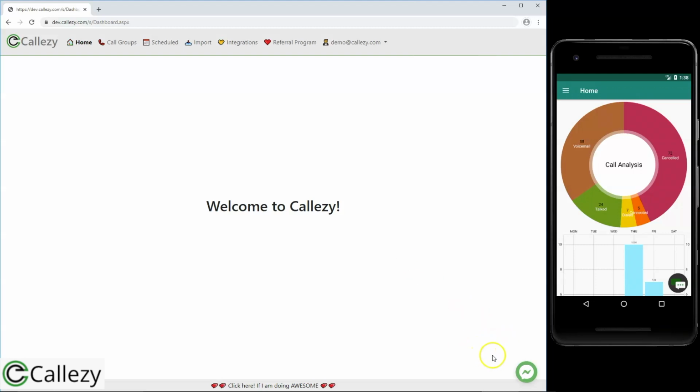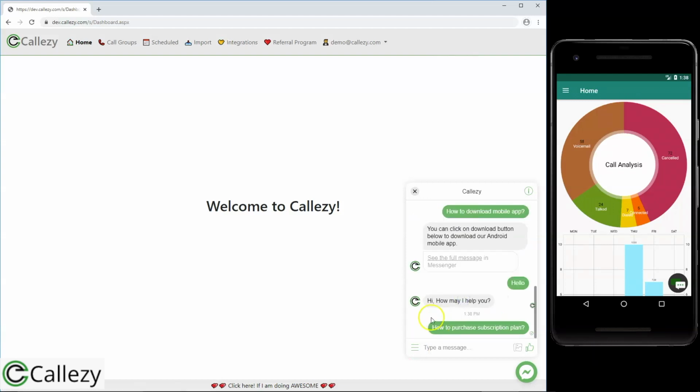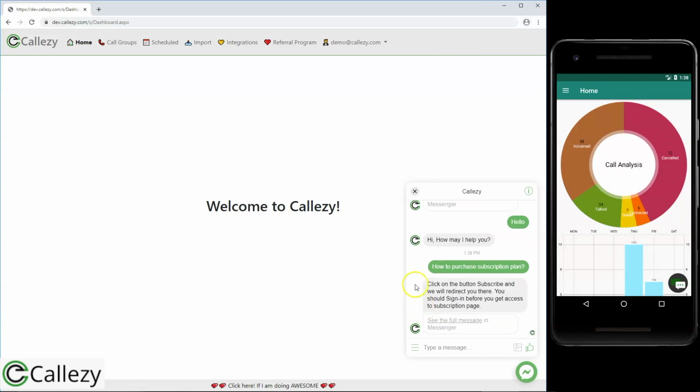To access customer support, you can just click on the green icon at the bottom right, which connects over your Facebook chat, which keeps us engaged 24/7 with quick response. You can type any message here, or if you have any quick or predefined questions, you can simply select one here and it will respond with the proper answer immediately, and our customer support will